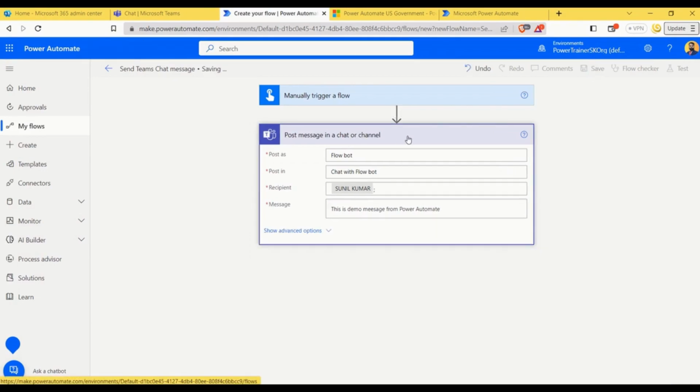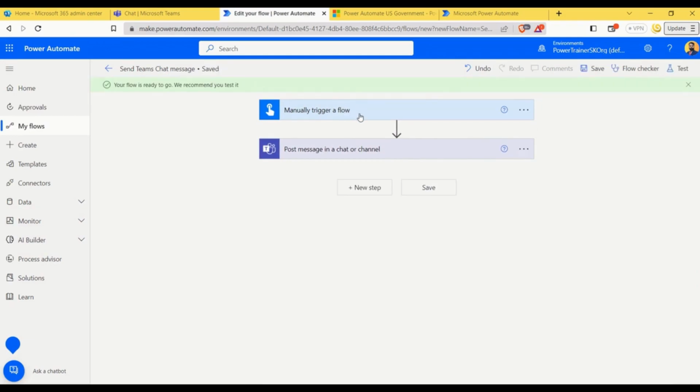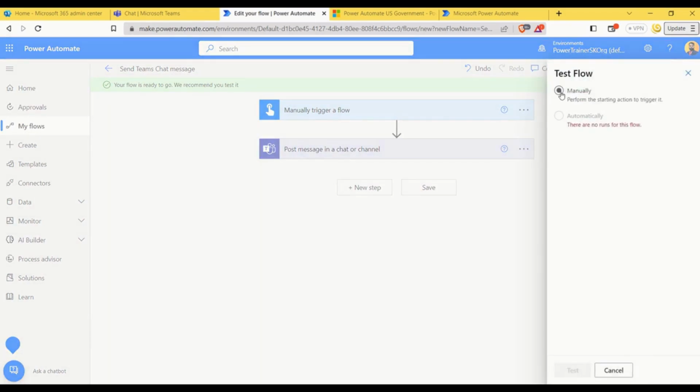So right now what I have is an instant flow which has a manual trigger, and then there is just one action which is post message in a chat or a channel. I have already saved it. I'll quickly click on test and manually select this to run it,